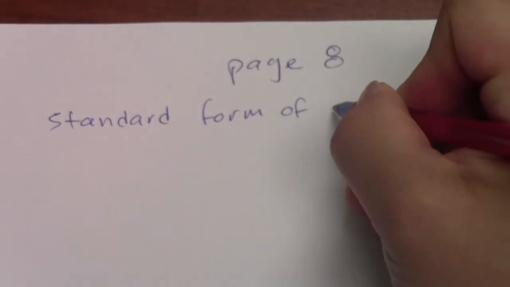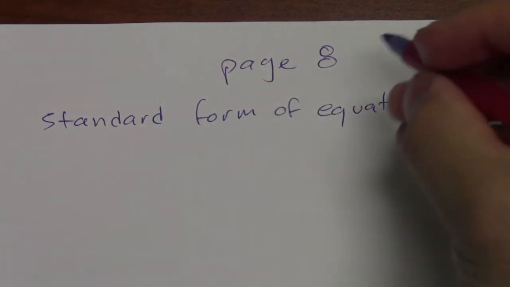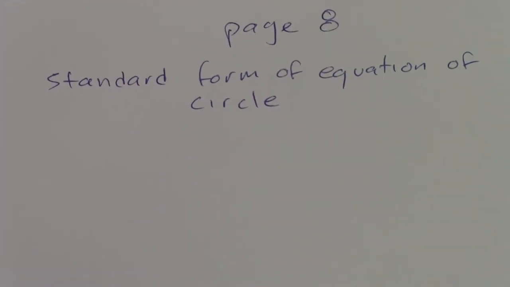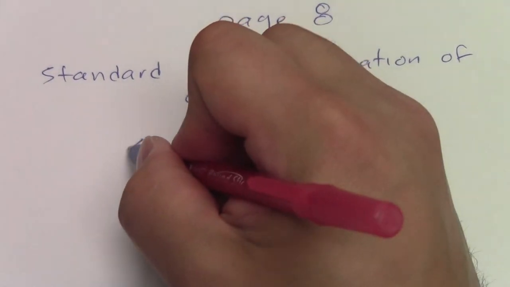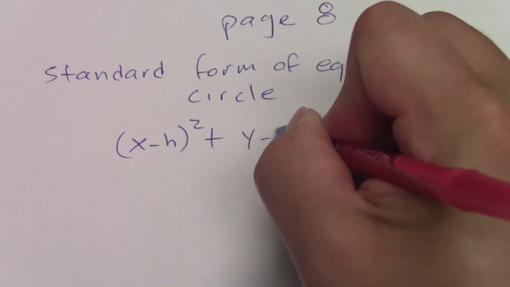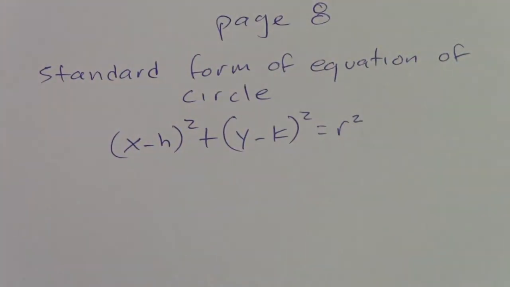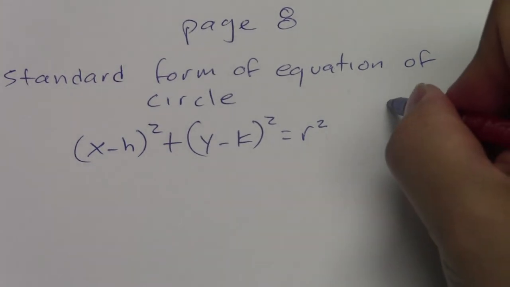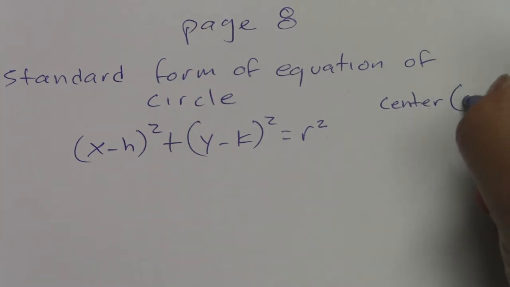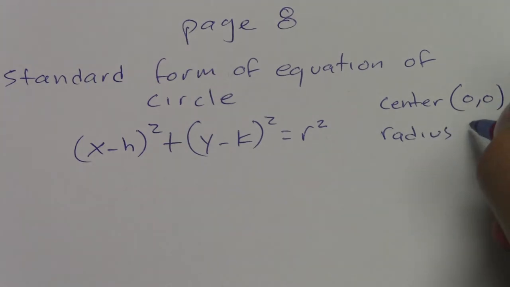Standard form of equation of circle. All right, the equation is x minus h squared plus y minus k squared equals r squared. So if I told you the center of my circle is at 0, 0, and the radius equals 2,